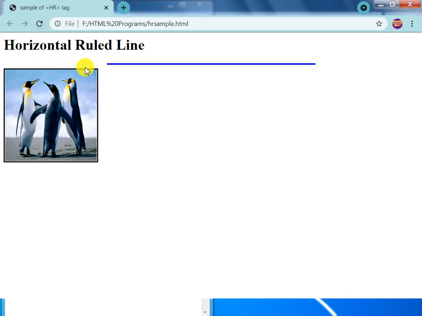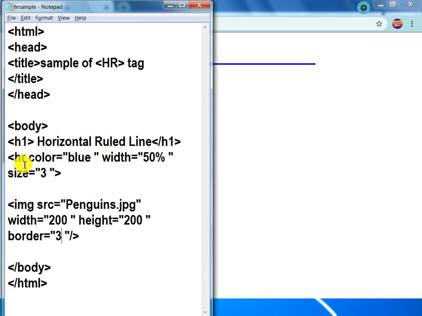The picture displays the border. Okay, these are the four attributes of the img tag, and in double quotes we pass the value for that particular attribute of the img tag.